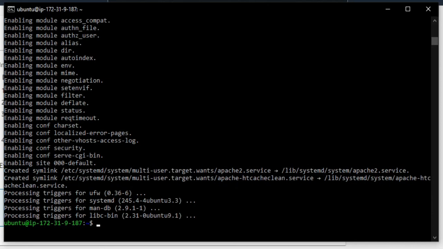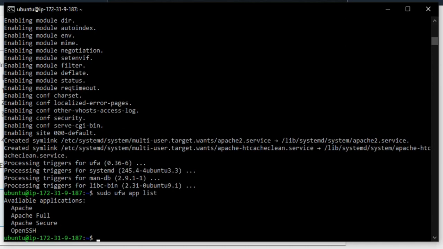Yeah, now we will change some firewall settings so that it will be easily accessible. We'll check.